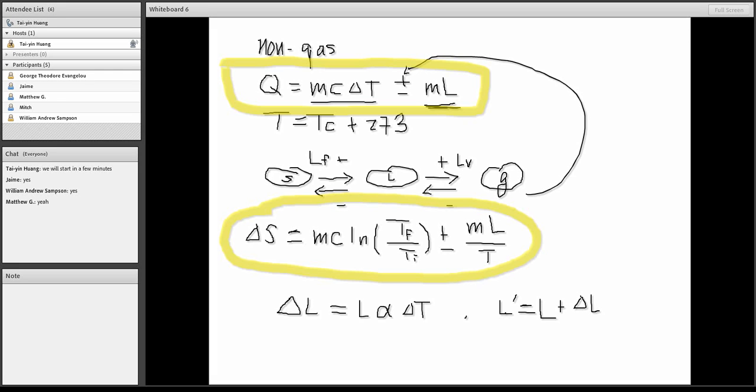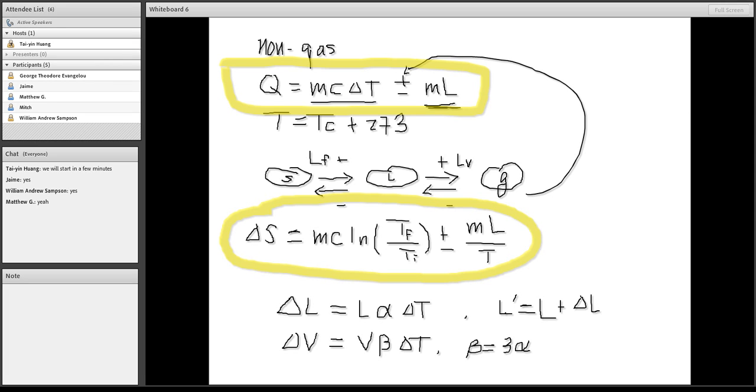So you have delta V, the change in volume. Your delta V can be calculated using this equation. That will be the original volume, times beta, the coefficient of volume expansion, and then times delta T. Okay, and most of the time your beta will just be 3 times the alpha,